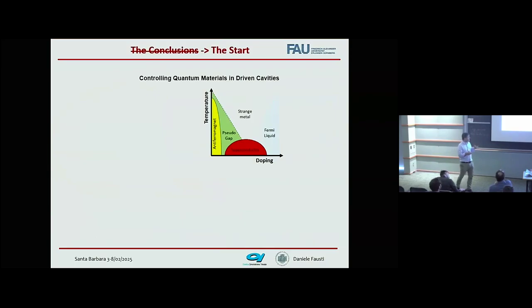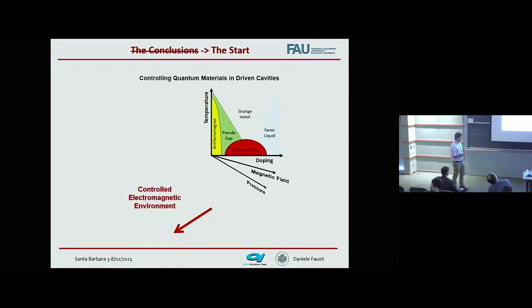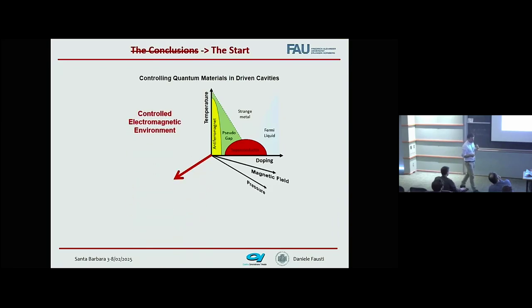So what I think is a very nice setting for our research is the following: we are used to thinking in physical chemistry about controlling materials, and here I connect to Dimitri's first slide, to all the techniques that we have. We are used to changing physical parameters such as composition, magnetic field, or pressure, but we should think about the electromagnetic environment of an object also as a physical parameter which can affect the thermodynamics of a system.